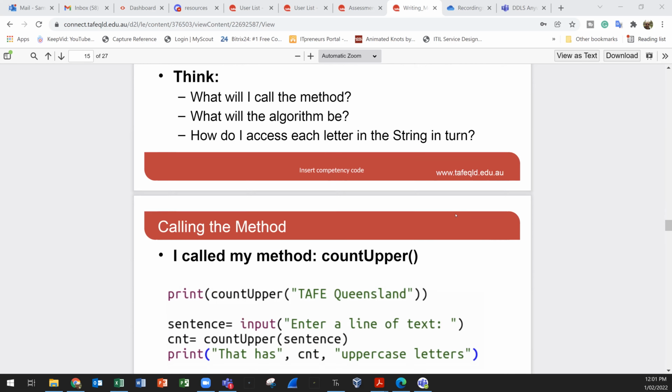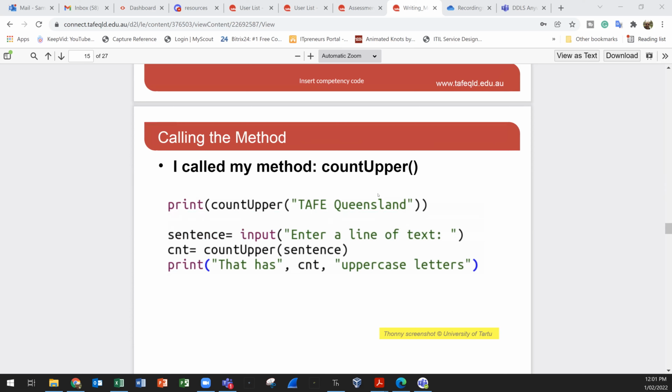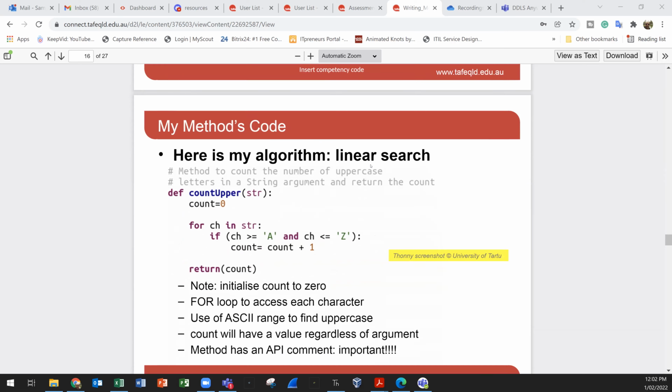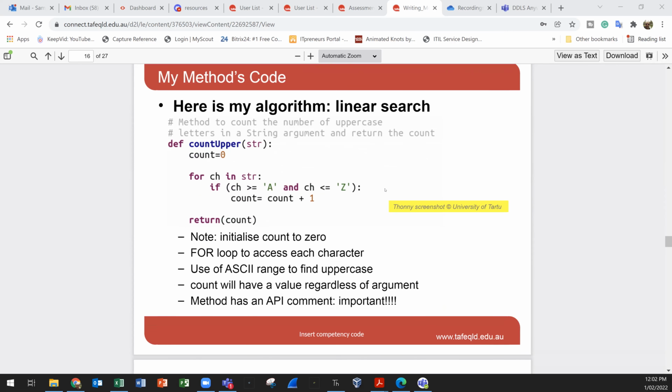So here I called my method count upper. So here we are printing count upper of a string. Sentence input a line of text, then count upper sentence, which is this one, then print that it has count uppercase letters. So we are calling the method here. So the code for this one,